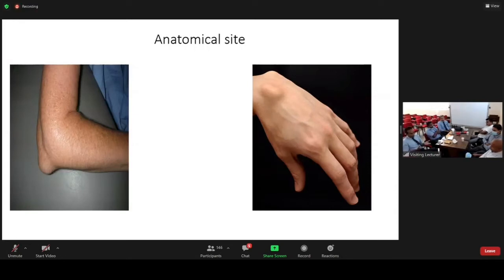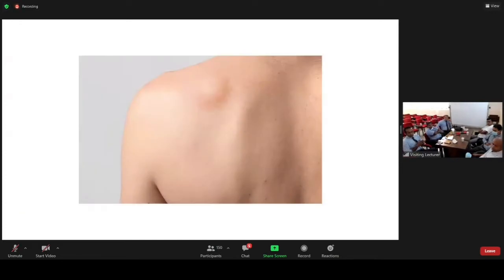We don't do that. If there is a lump in the paraumbilical region, right? We are not going to see which plane of the skin. The first thing is, is it a hernia or not, right? So if we move on to the next slides, yeah. So there is a lump at the back, right? Now, this sort of thing, like the dorsum of the hand, the important thing is how you relate this anatomically, right? Now, if you say there is a lump at the back, that is a large area, right?